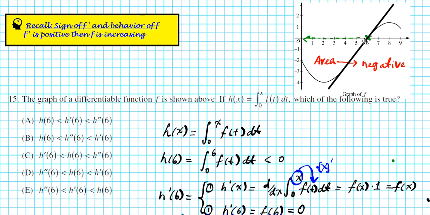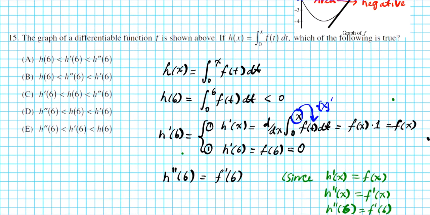So since the function is increasing, the tangent line is going up, which means it is going to be positive. Remember we talked about it earlier that if f prime is positive, then the function is going to be increasing, right? So we have an increasing function that tells us that the derivative is going to be positive. So f prime of 6 is going to be greater than 0